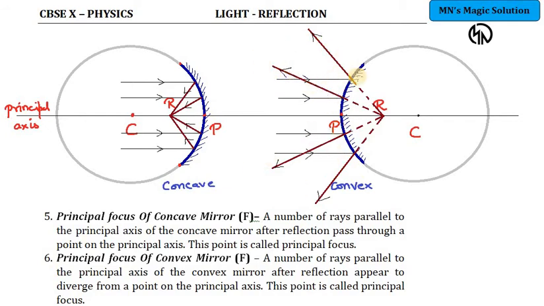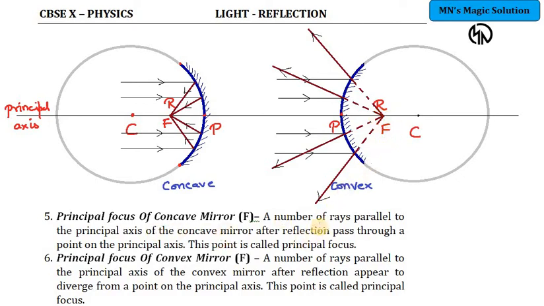Ana in the diverged rays எல்லாத்தையும் if you try to bring them back, imagine it to try to bring them back, they will all meet at one point. அதாவது they appear to diverge from this point. இந்த பாயிண்ட்ல இருந்து வெளியே போற மாதிரி. They appear to diverge from this point in case of convex. See, parallel beam of light இருக்கும்போது concaveல they actually converge at one point, and in case of convex mirrorல they appear to diverge from one point. இந்த point தான் focus. Principal focus of concave mirror is this, and principal focus of convex mirror is this.